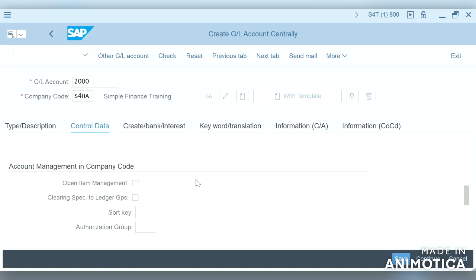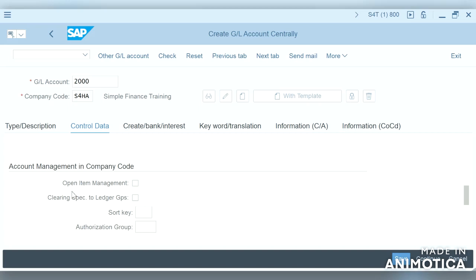GRIR clearing, bank clearing. For all the clearing accounts, open item management should be ticked because it should capture which items are open, which items are cleared. Then only we will be able to figure out which items need to be cleared based on the open items.